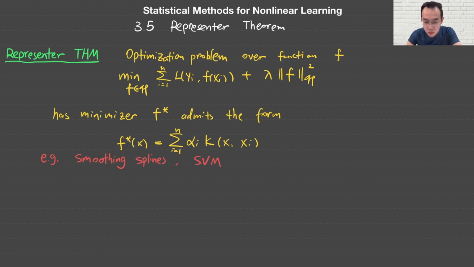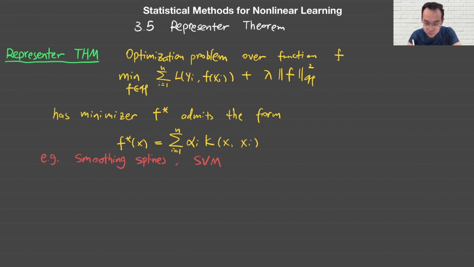Suppose we are given an optimization problem over function f. The objective has two terms. The first term is a finite sum of the loss function. The second term is a regularization term. Then this optimization problem has a minimizer f star that has a form as a combination, the summation of the